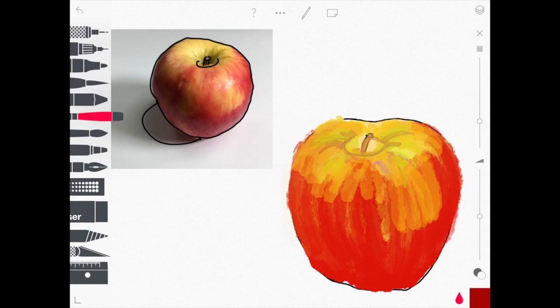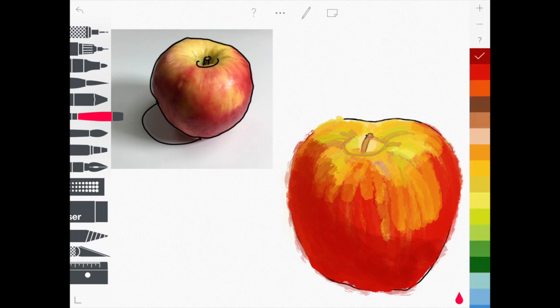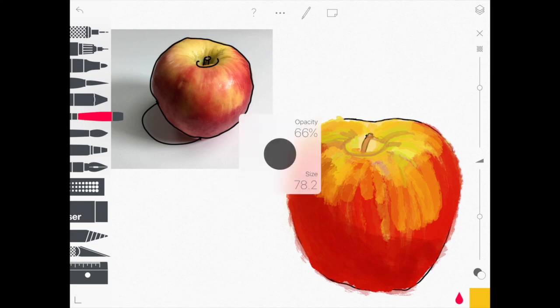Okay, so I've overlapped and layered this a little bit more. Now I'm going to start adding in the shadows. The opacity is going to be your best friend for this. Bring it around. And now you're just going to continue layering and overlapping until you have